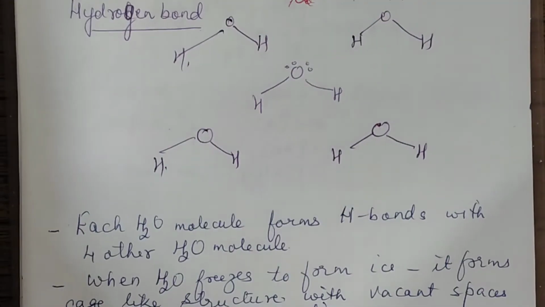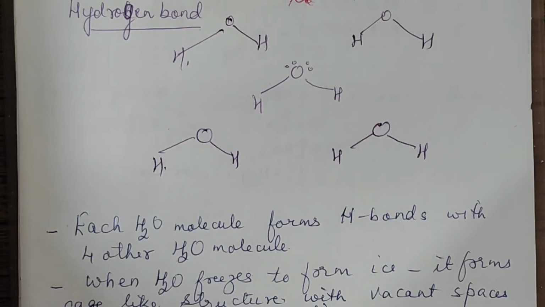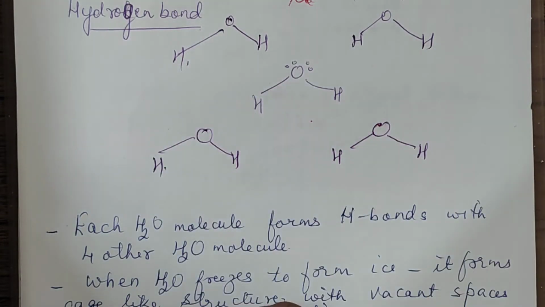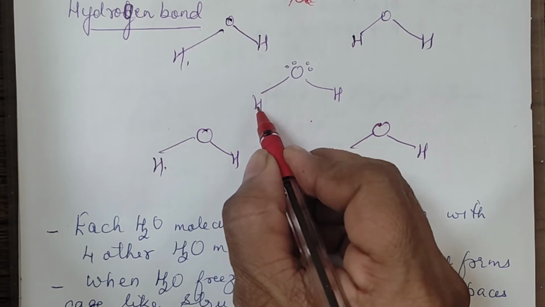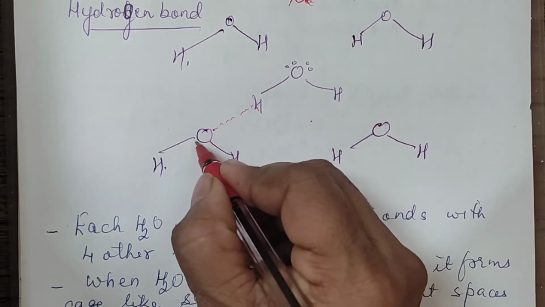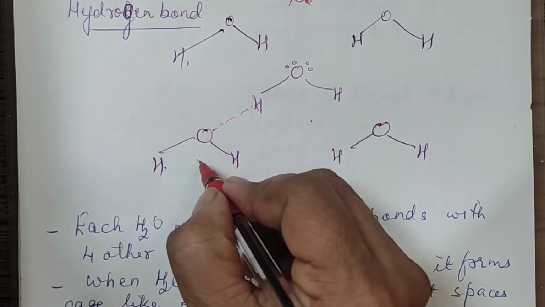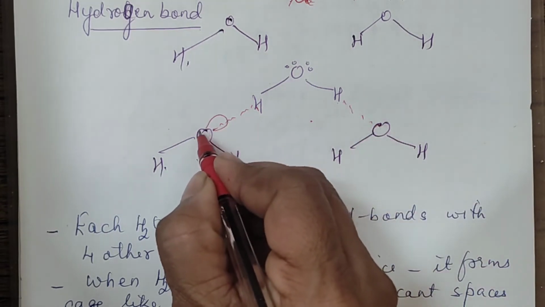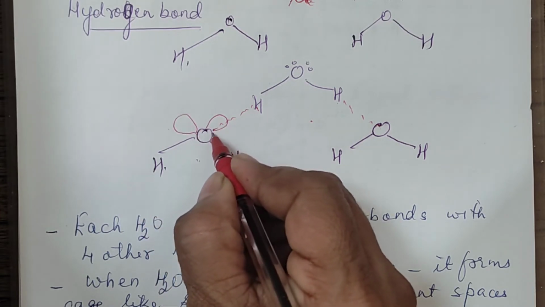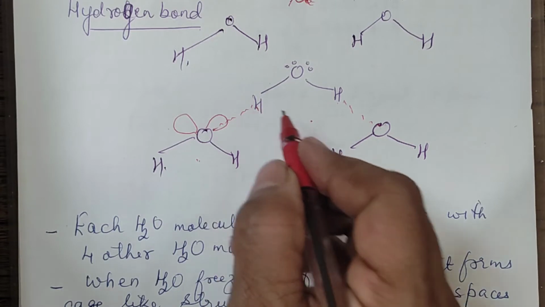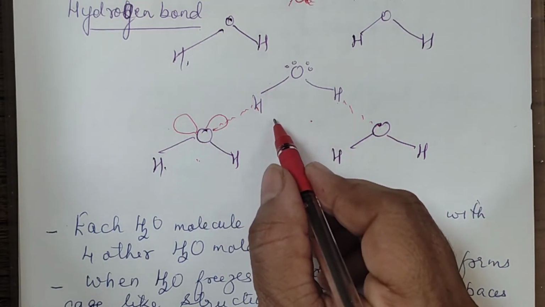Okay, now what I want to explain here is that each water molecule is surrounded by 4 water molecules. This hydrogen of one water molecule can have H bonding with the other water molecule next to it. This H can have next to it. There is one lone pair here. So this lone pair of the electron is having H bonding towards the other hydrogen. So through this it is getting bonded.